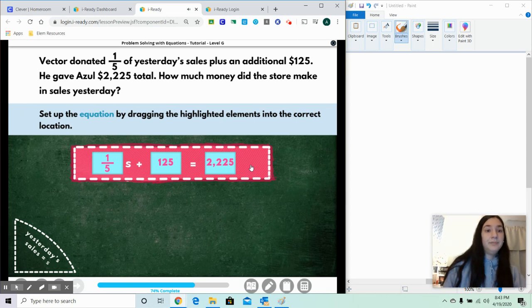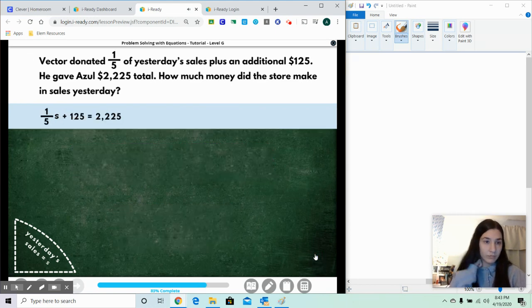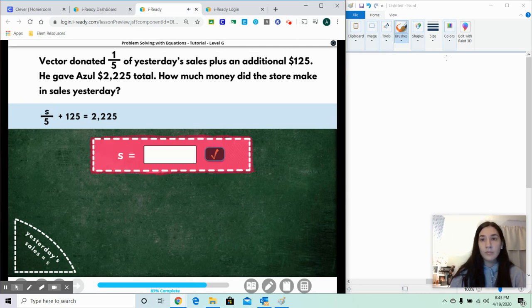Since only a part of the sales will be donated, we multiply 1/5 of the amount of sales made yesterday and add that to the additional $125 to get the total of $2,225. Before we get started, let's rewrite the first term. Multiplying the sales by 1/5 is the same as dividing by 5. Solve the equation S divided by 5 plus 125 equals